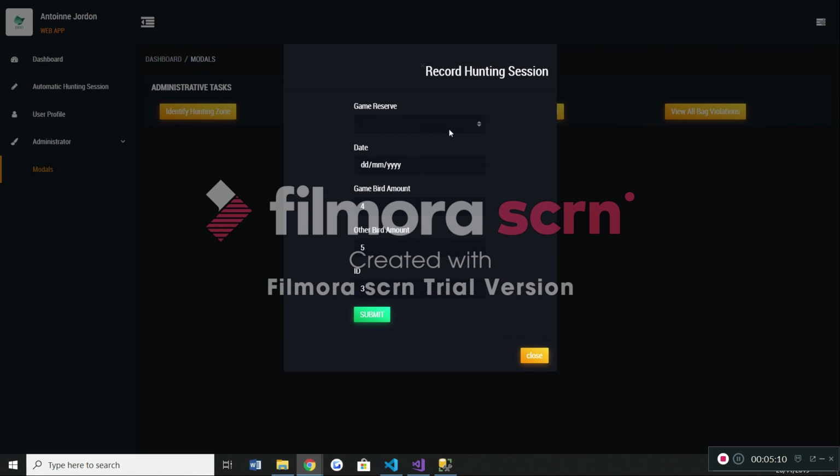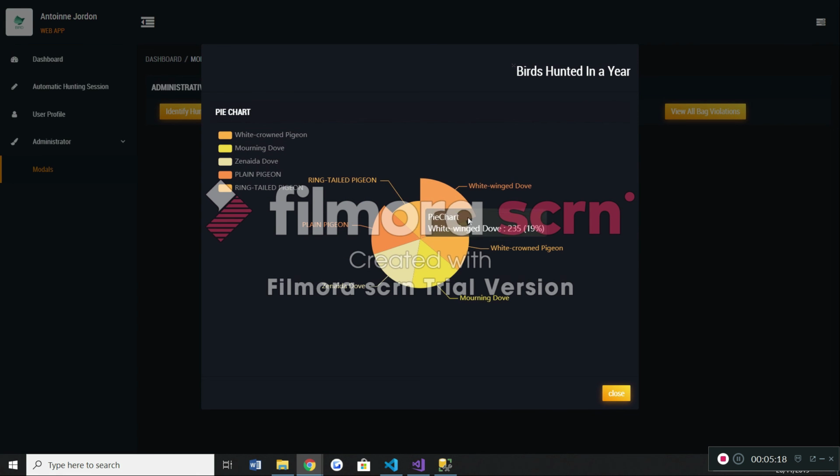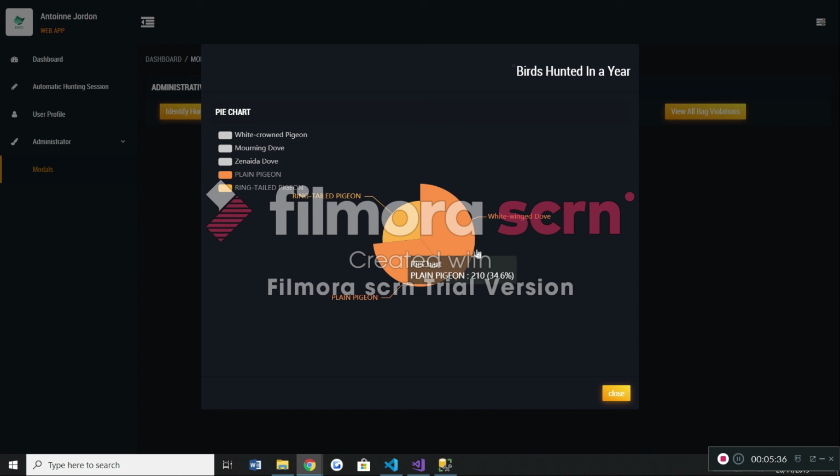Here I can record a hunting session specifying the game reserve, the date, and whatnot. Here I can view all birds hunted within a year, and you can see the different birds. And as I hover over it, it has a little animation. And if I were to click it, it would no longer show on the chart. So if I just want to see one for Vermont,